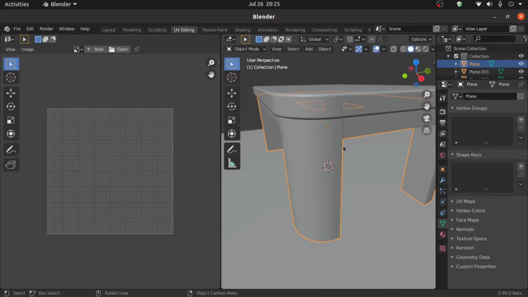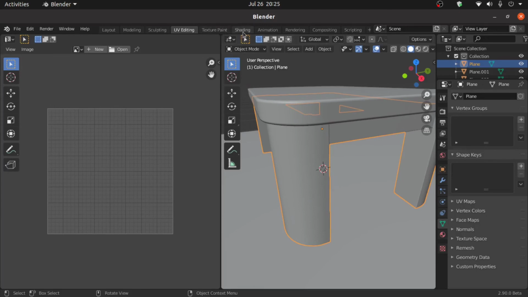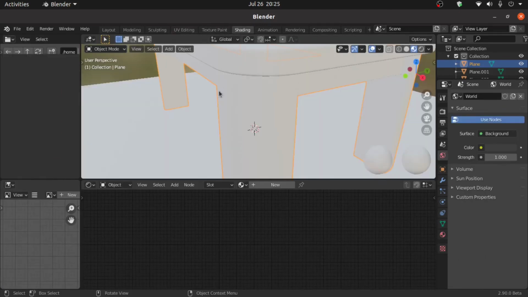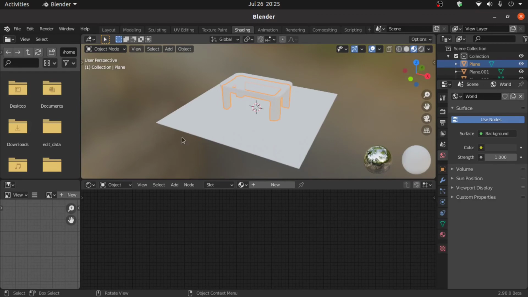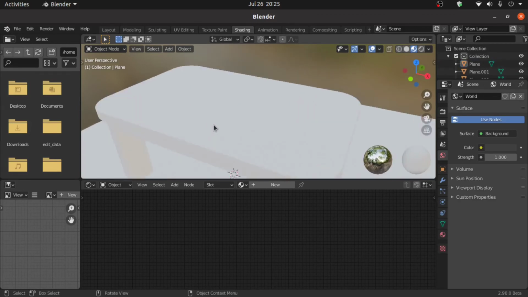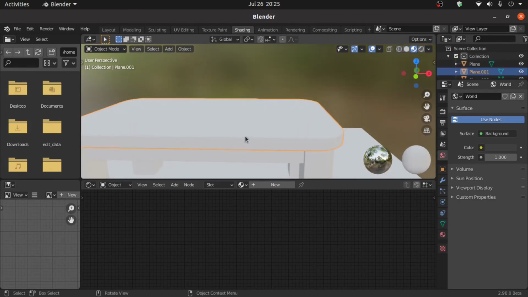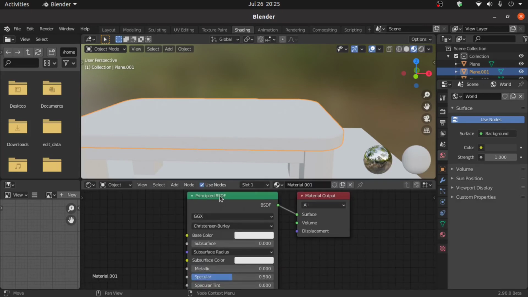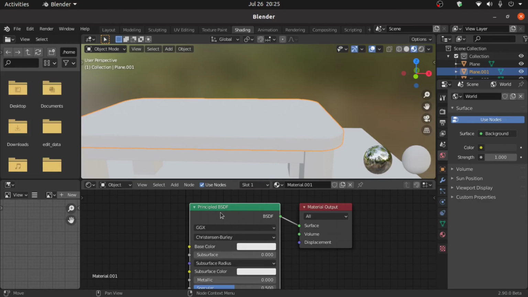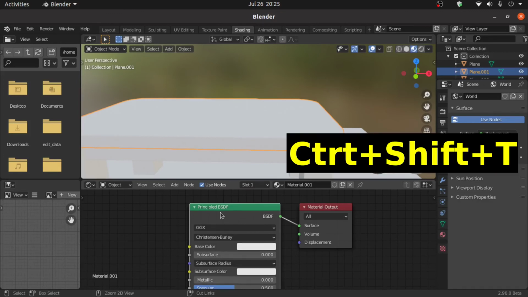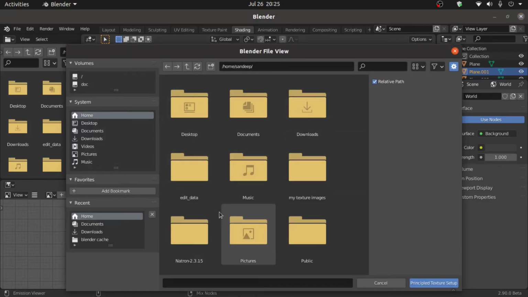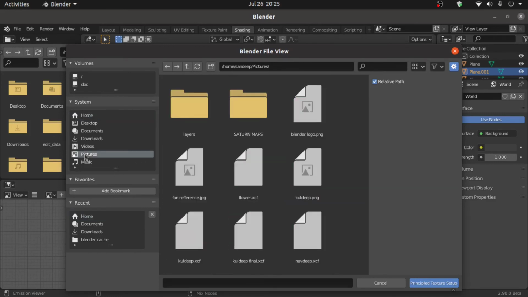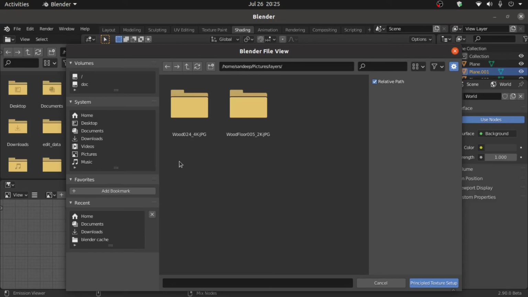Okay, now we have to apply textures on it. So switch to shading mode. Now select this plane, then click on this new, select this principled BSDF, then press Ctrl Shift T. Okay, now open your textures.